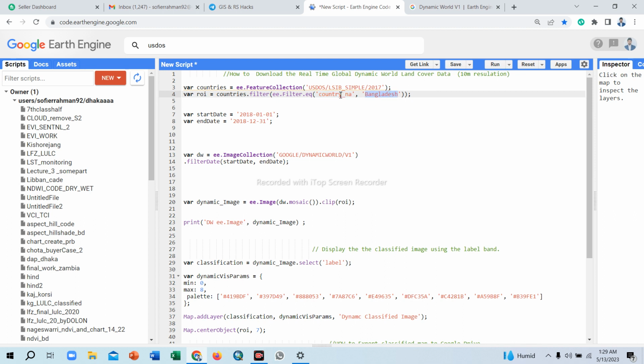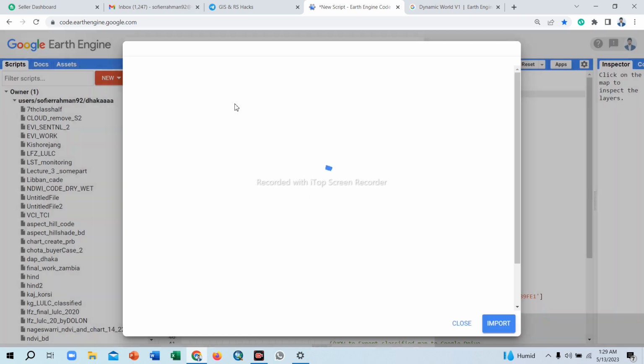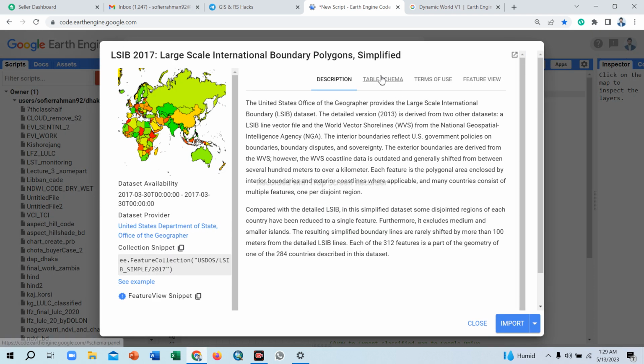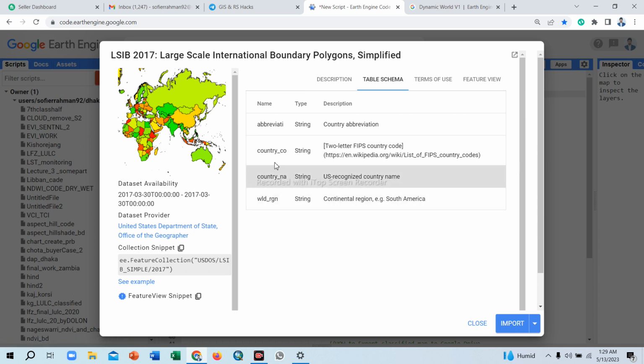Instead of country name, we can use country code. This is the simple way; I use the country name string, the US recognized country name. If you want the country code,